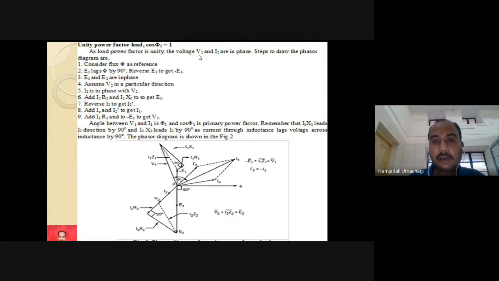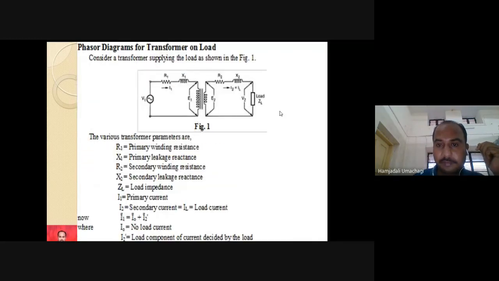That is secondary load voltage V2 and secondary current I2, because these are the only things present for the connected load, the connected resistive load. Where you are going to connect the load here, you can see, I will connect resistive load R. So in place of ZL, replace this by a resistive load.